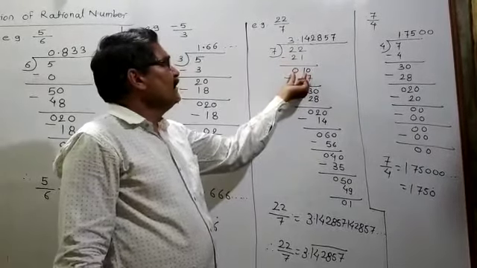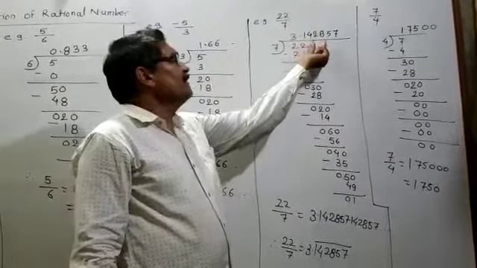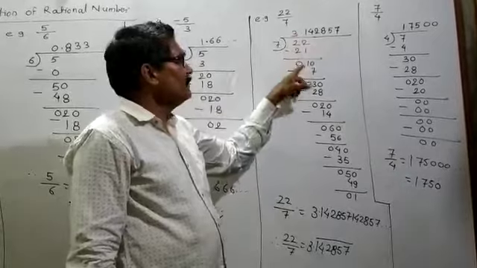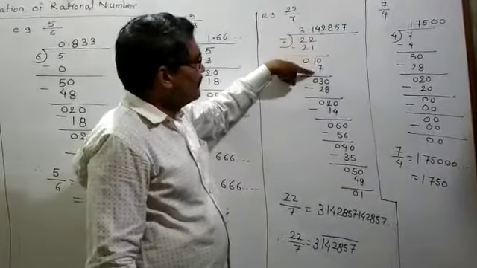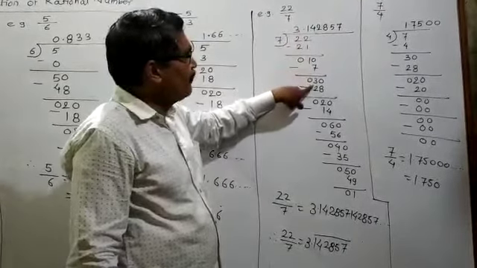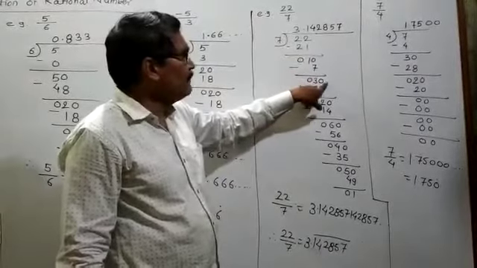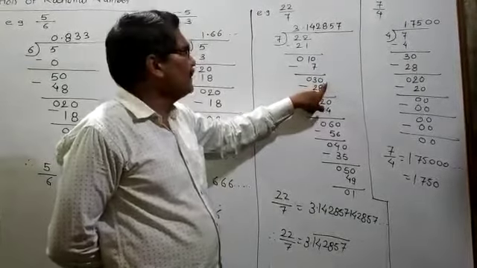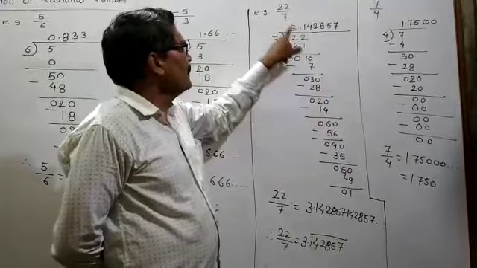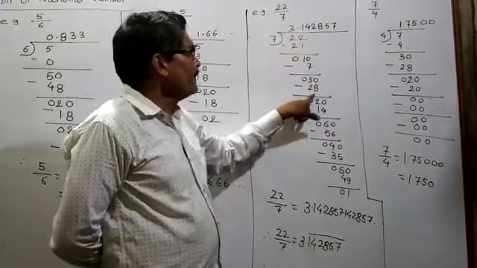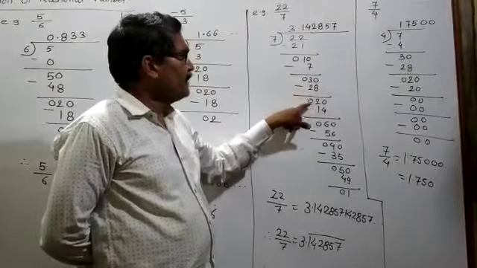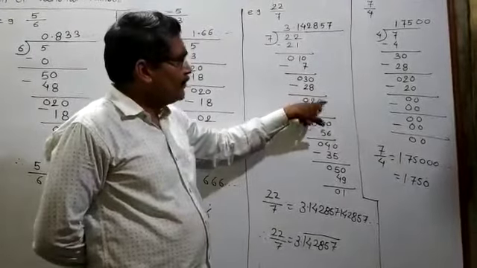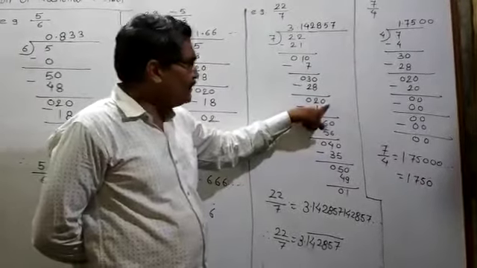Once 1 comes and no number is left to bring down, you have to give the decimal point. Again 7 ones are 7. 10 minus 7 is equal to 3. For each and every step of division, 0 will come here, so this becomes 30. Then 7 fours are 28. 30 minus 28 is equal to 2. For each step of division, due to the decimal point, 0 will come.